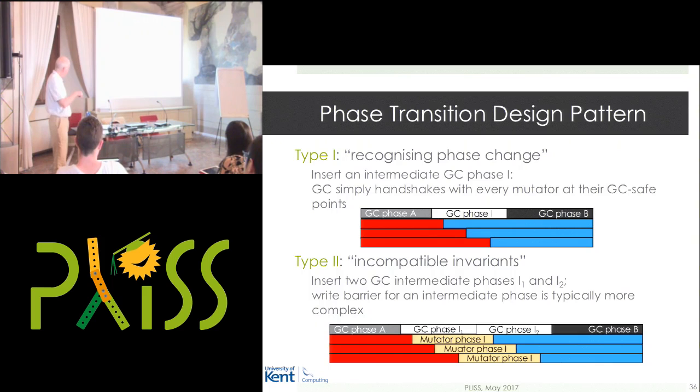So we mutators running with a barrier. There are two kinds of